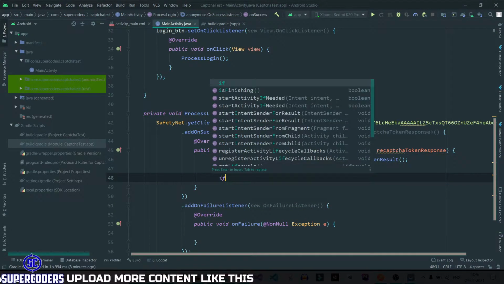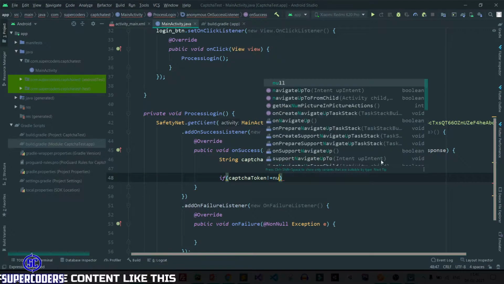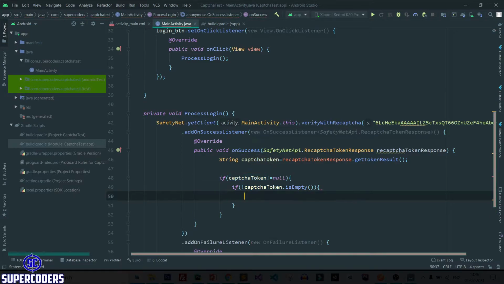So here if captchaToken is not null, if captcha token is not empty, then process login step. So create this method also.